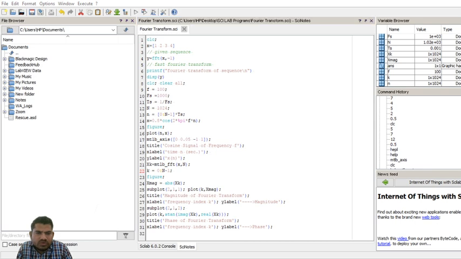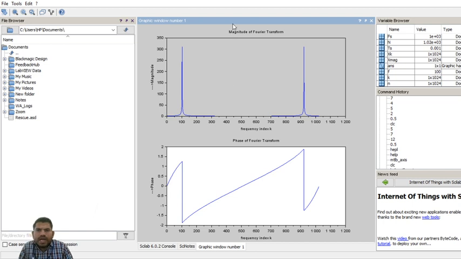How are we finding the magnitude and phase response? By using this. Here this is the magnitude response and this is the phase response. In this magnitude response, the magnitude is from 100 only, and the maximum amplitude is at 300 and at 900. And this is the phase response for this cosine signal, obtained by using the fast Fourier transform method only.